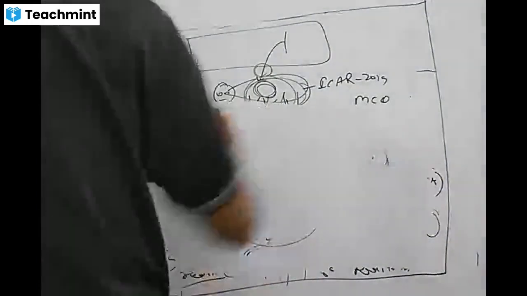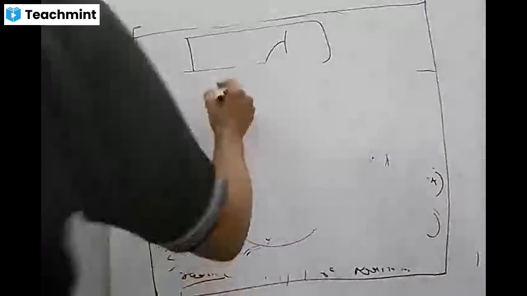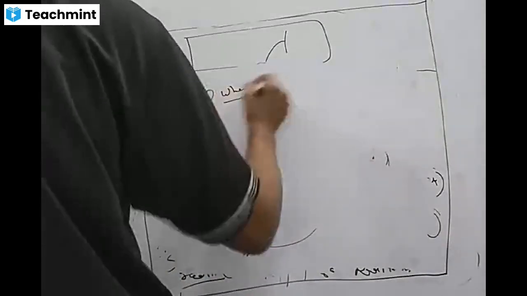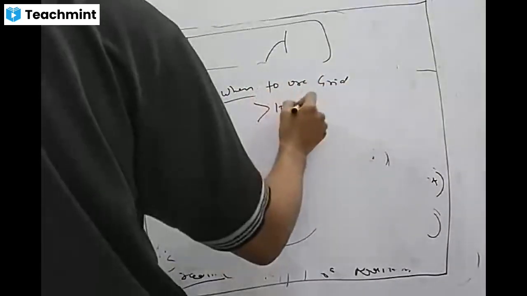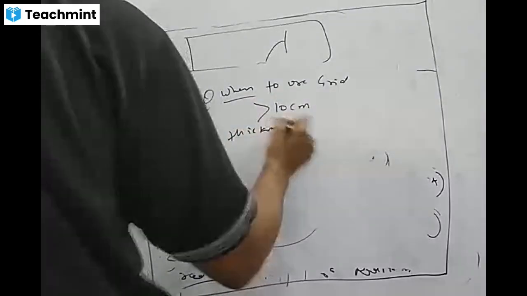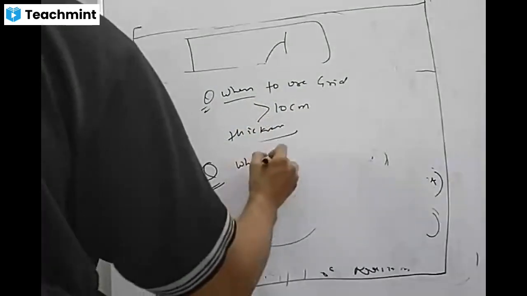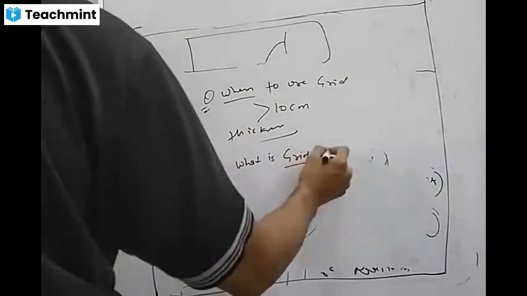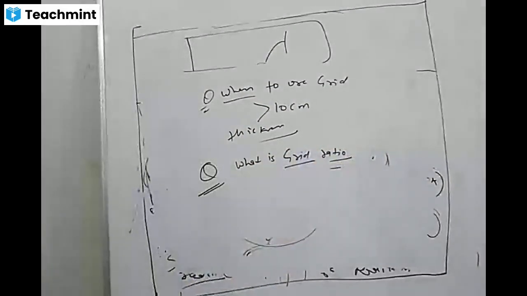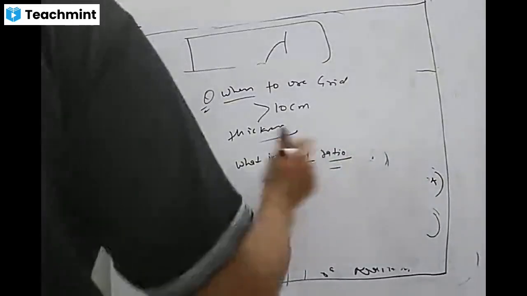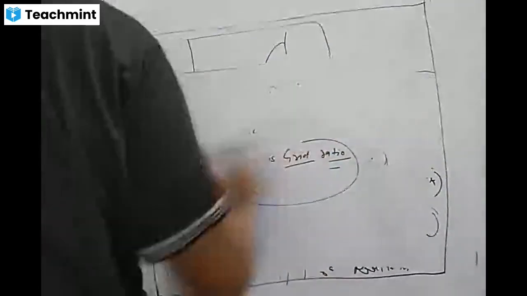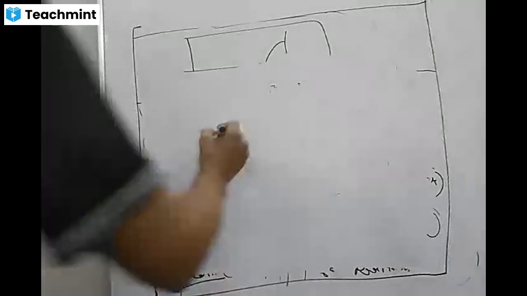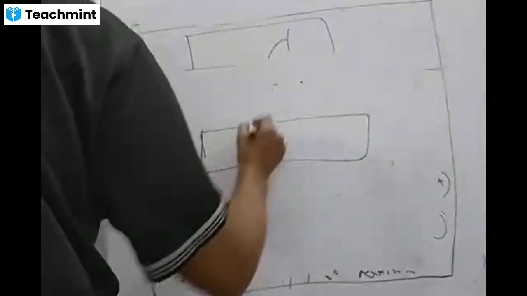Then in 2020, in the ICAR exam, the first question in 2019 was when to use grid, and the answer was when the thickness is more than 10 centimeter. This year they have asked what is grid ratio. So before going to grid ratio, we'll see what is a grid. What is a grid? So grid is nothing but your